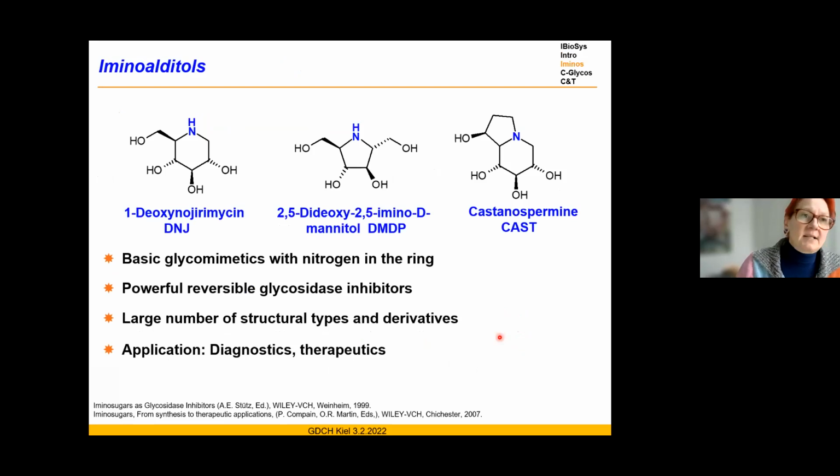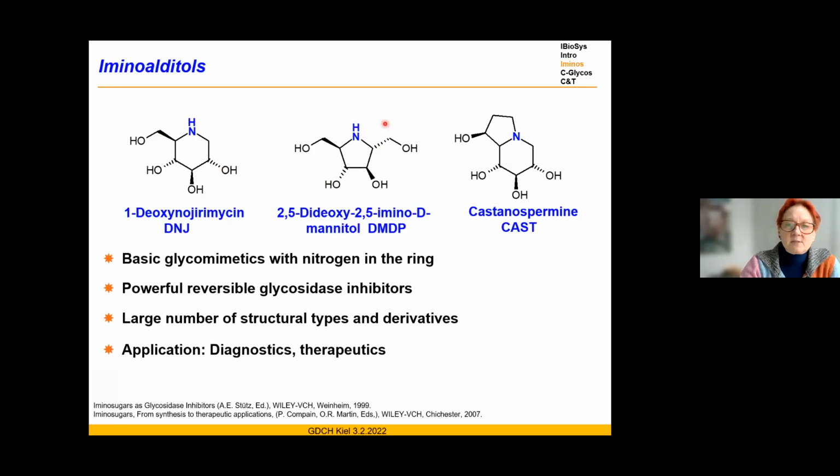I will start with iminosugars and how we use them as tools for studies of glycoside processing enzymes. So iminosugars, as I have mentioned already, in the ring, the naturally occurring oxygen is replaced by a nitrogen, and this nitrogen introduces trivalency and basicity. And they come in a large variety in nature already. A few paradigmatic examples can be seen here: six-membered ring version, five-membered ring version, bicyclic systems, and so on and so forth. And meanwhile,